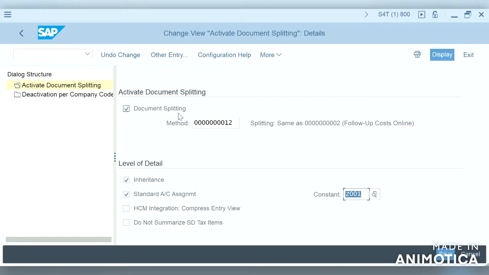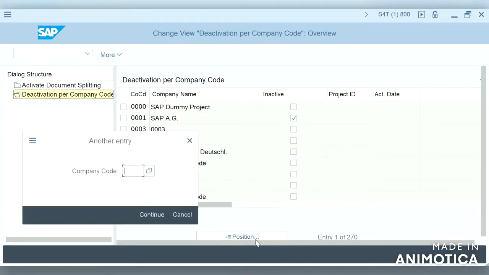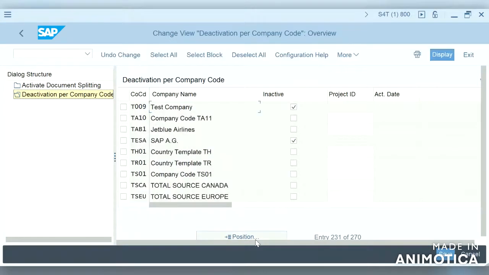This is at client level. If we want to activate or deactivate at company code level, we will do it in this step. So if we position our company code T009, you can see I have inactivated it. So due to this I was able to post this document.